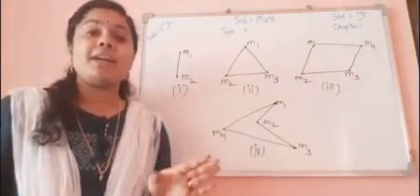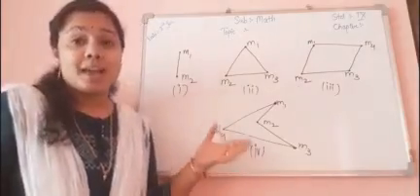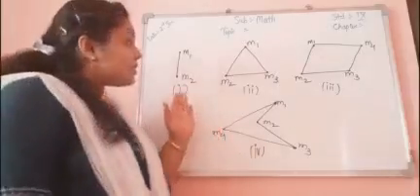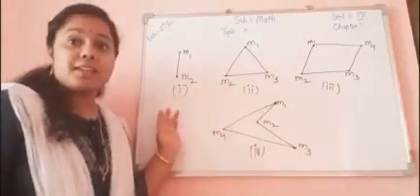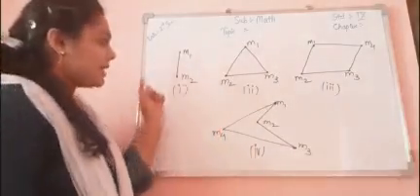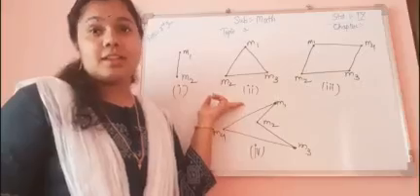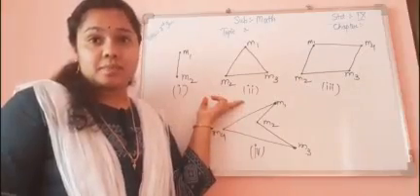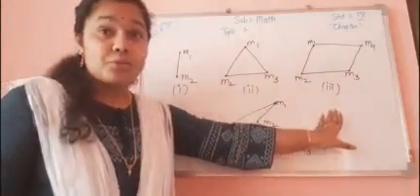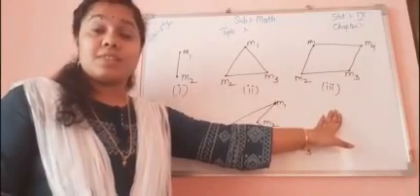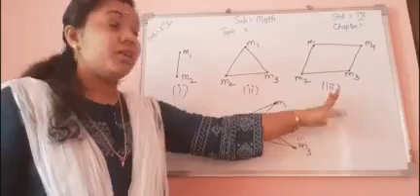You all might be aware about what collinear and non-collinear points are. If all the points are collinear, then we get a line. If 3 out of 4 points are collinear, then we can form a triangle. If no 3 out of 4 points are collinear, then we get a closed figure